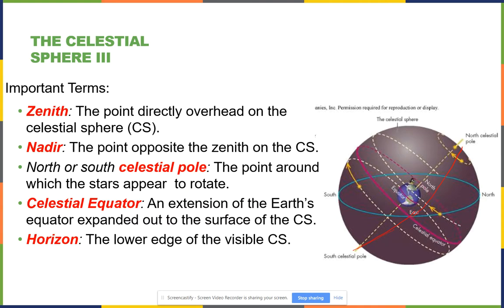Well, that leads to just another vocabulary word. A lot of vocabulary words here. We have, here you can see, zenith, nadir, celestial equator, horizon, celestial pole. The celestial pole is just taking the Earth's poles and shooting them out to the celestial sphere. So the vernal equinox, as well as the autumnal and spring. Spring is vernal, so the other must be autumnal. It is one of the two locations where the celestial equator,